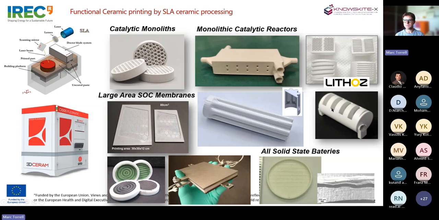This one was dedicated to the electrolysis. Okay, a more complex device, a more compact device, and monolithic, saving all the part of the sealing between the cells. So a monolithic approach. And here some corrugated button cells that we have been scaling up to the stack level. We have also some activities on our solid state batteries, where we can also print the electrolyte materials by this technology, giving some geometrical complexity and some advantage to the application.